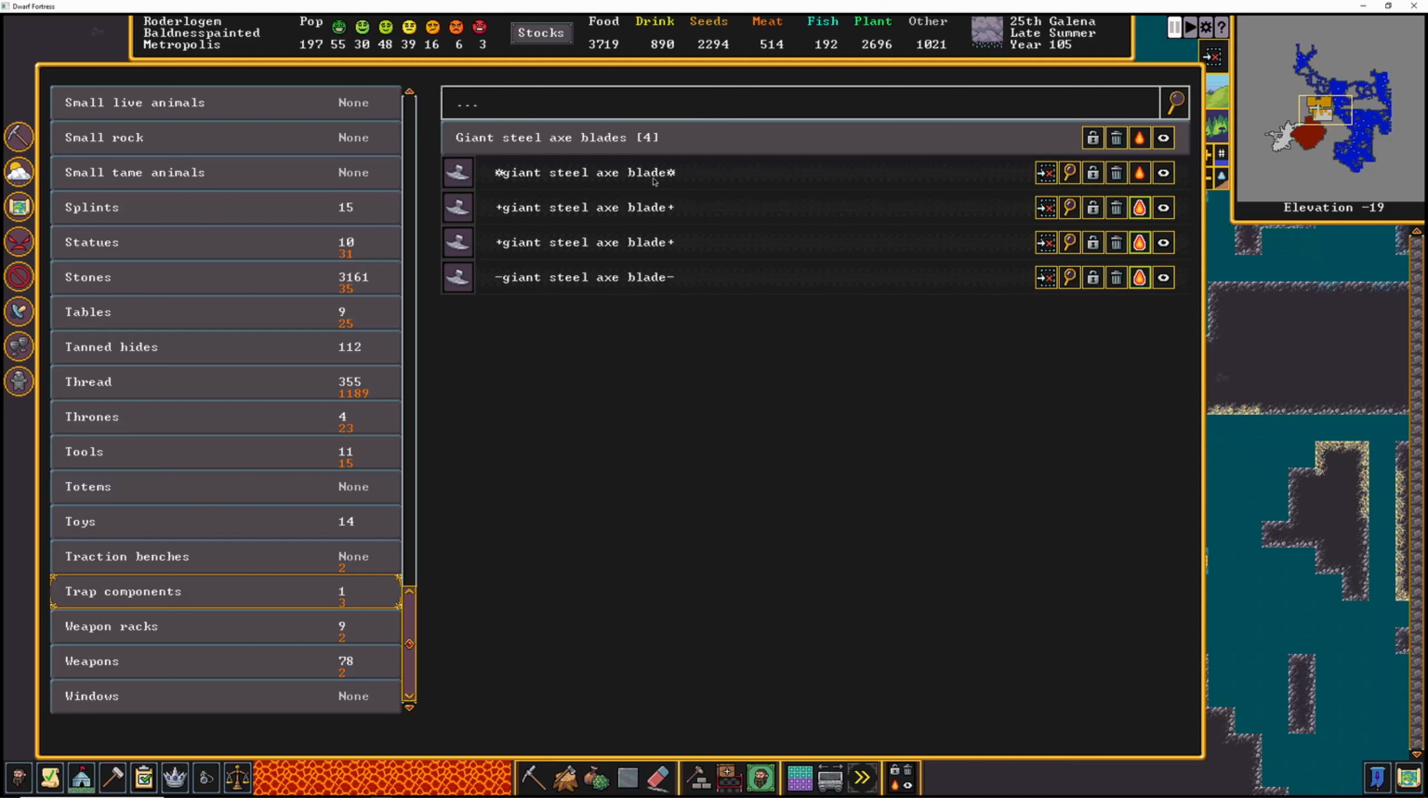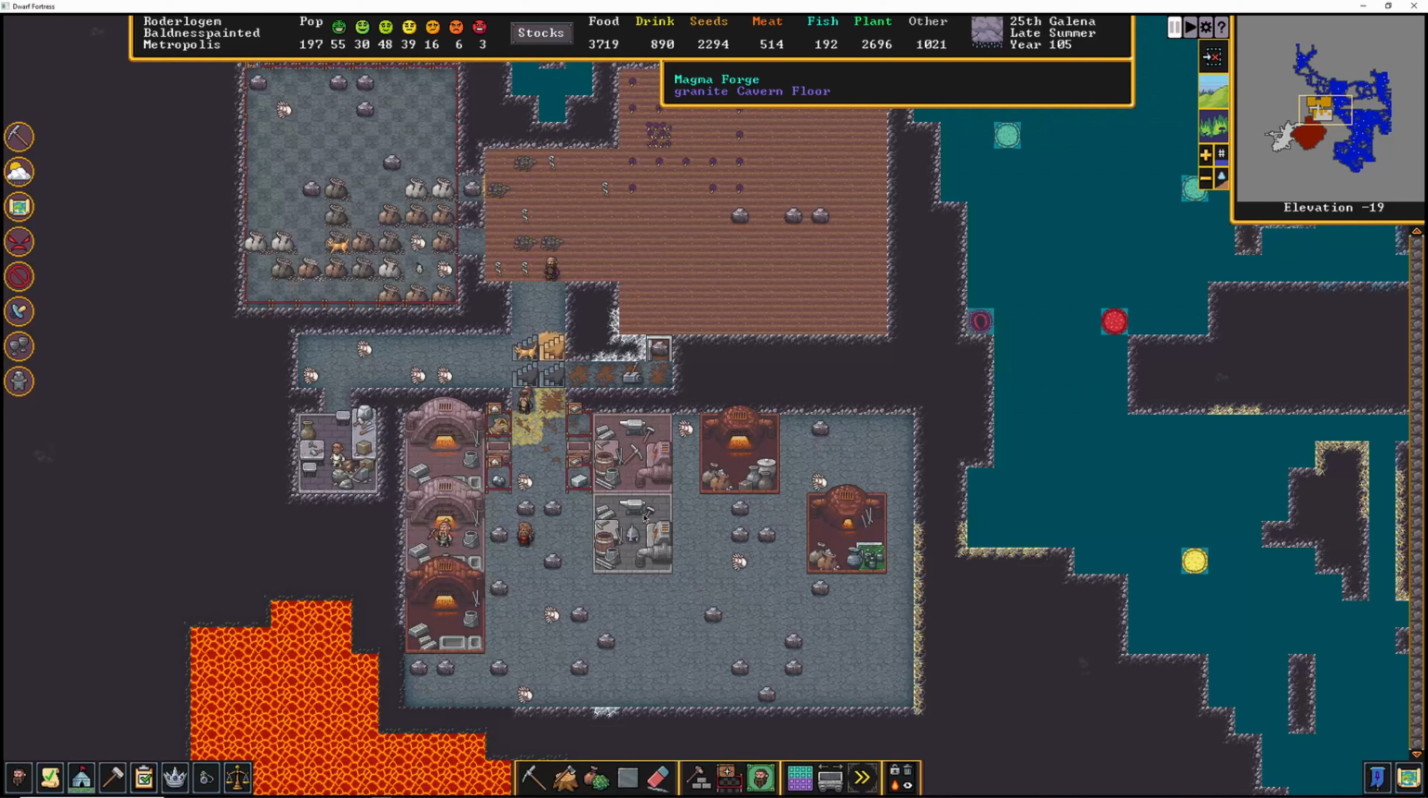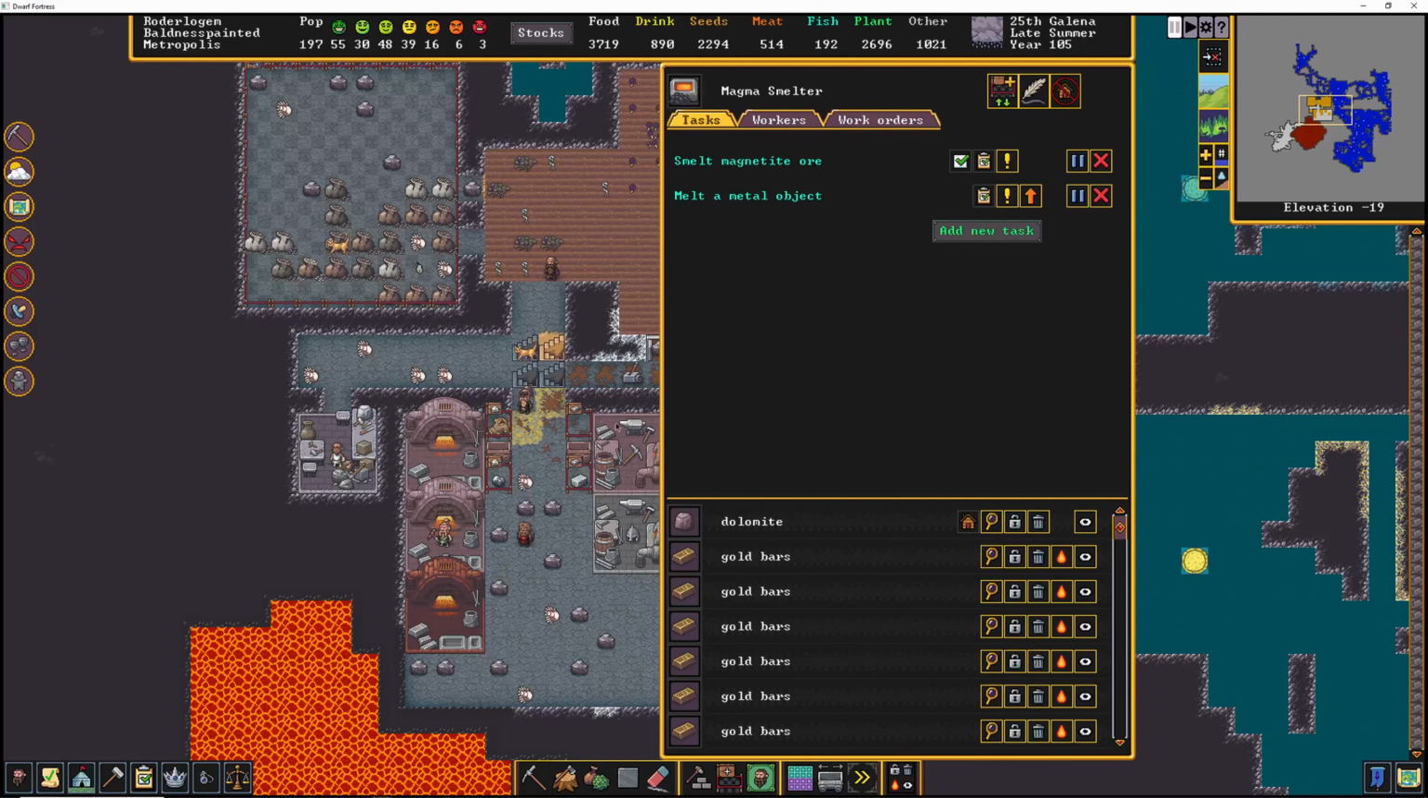This one here is basically, I've sent it up to my trade depot, ready for the next time a trader comes in, I'll just trade it out. It gets me about 600 odd coins value, so it's worth doing. But basically, because I'm very short on fluxstone, this is giving me infinite steel. By this magma forge making me giant steel axe blades, and these other ones doing the melt a metal object,